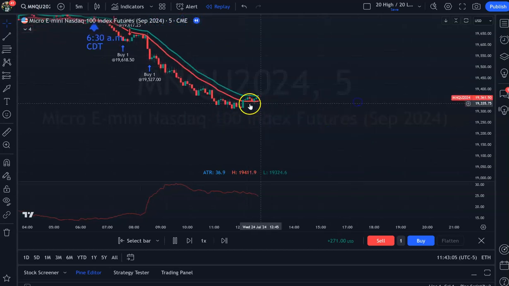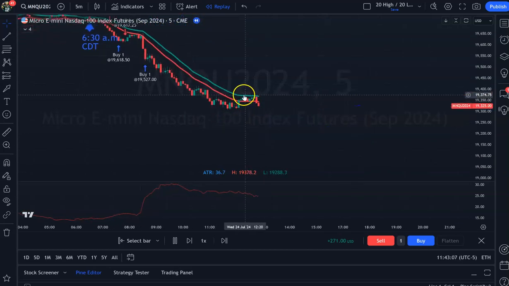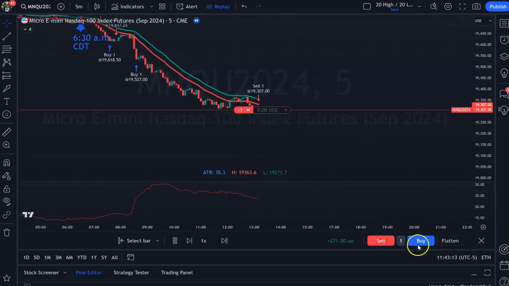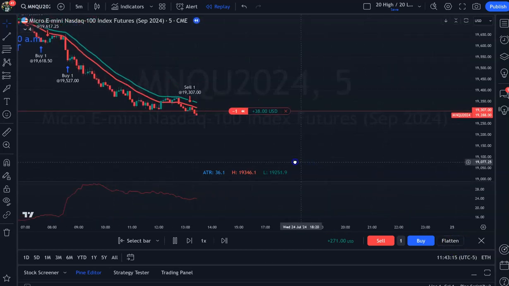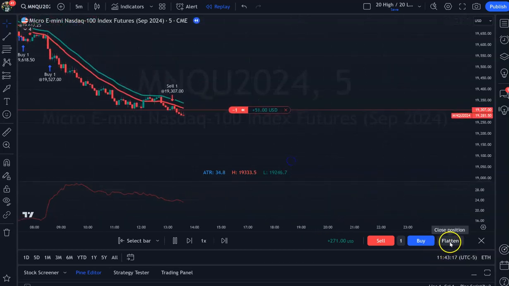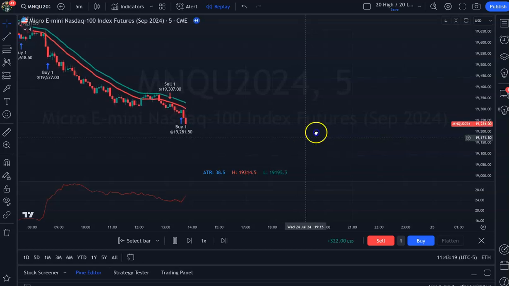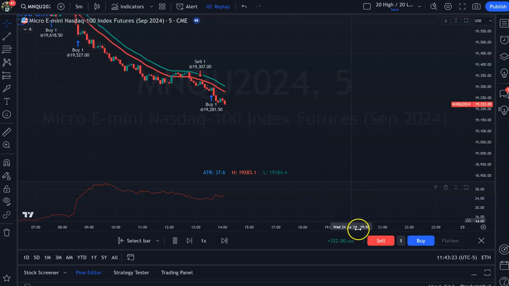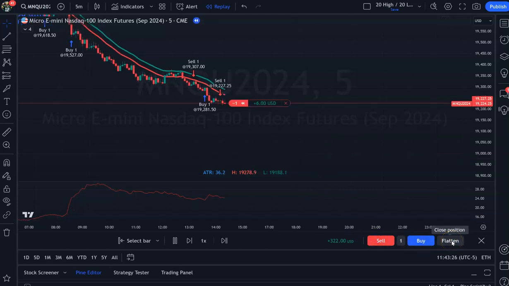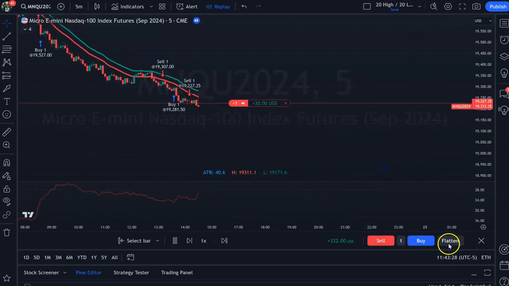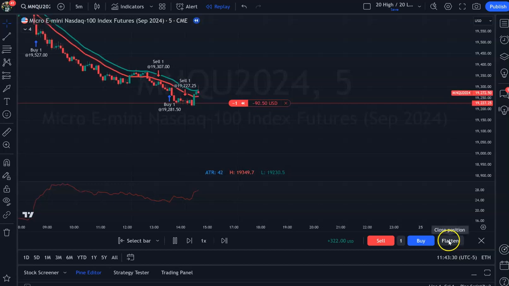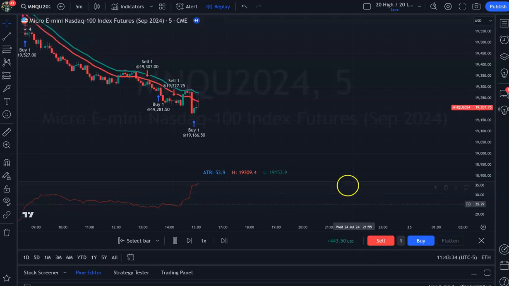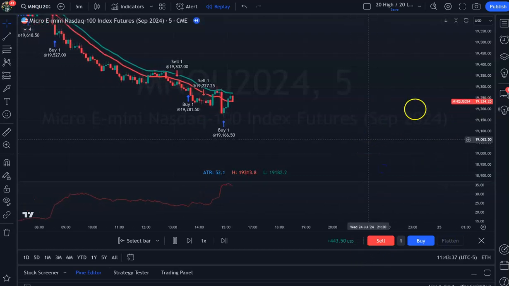Now, let's just see if this is going to be a fake out, or if it's going to actually, at this point, we're closed back below the red line, so we're going to take a position, and I'm going to close it out just because that's another $50. Look at how quickly we're up to a $322 profit. Sell some more. Still going down, still going down. Okay, we've got to be careful here. What's happening? There's a big push down. I'm going to close it there. We're up to $440 at